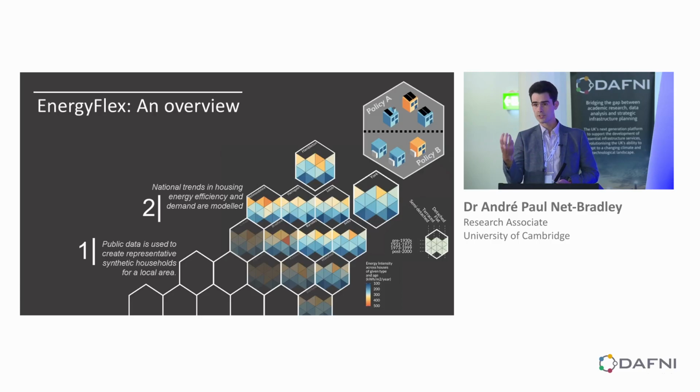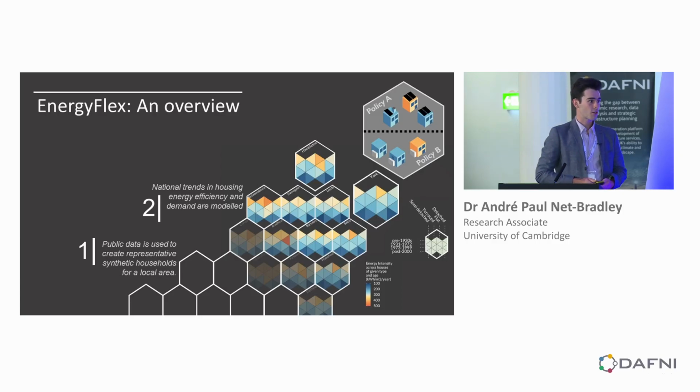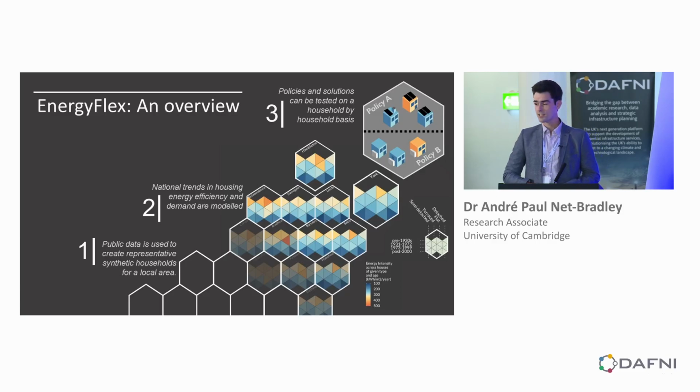And the fact that we have those socioeconomic characteristics of the household and the technical energy performance characteristics of the building allows us to carry out some rather intricate policy and retrofit solution simulations, and it's almost like a sandbox, really. You can play around with it, try different ideas and see what the impact would be